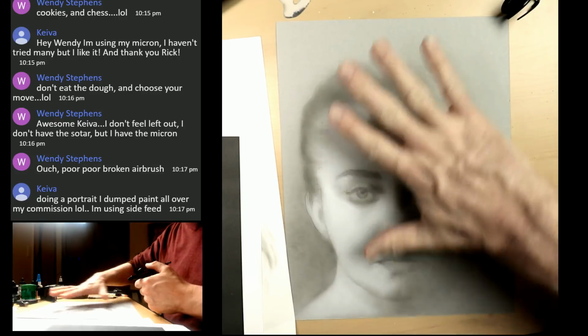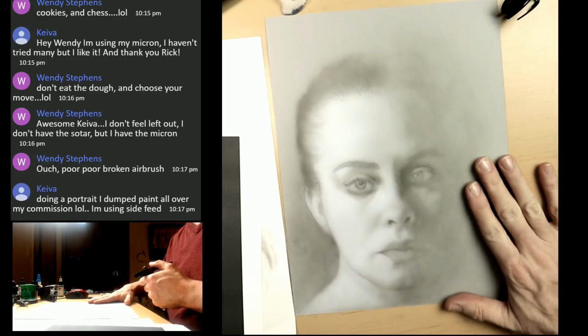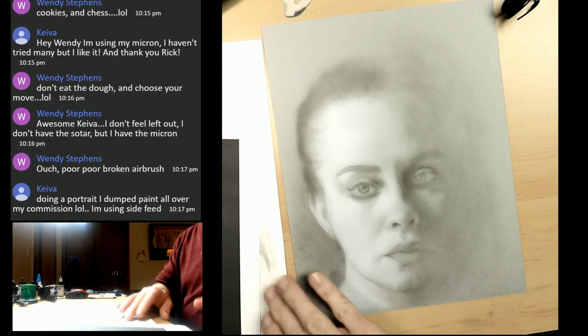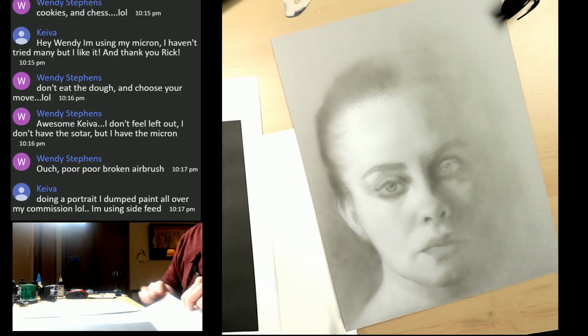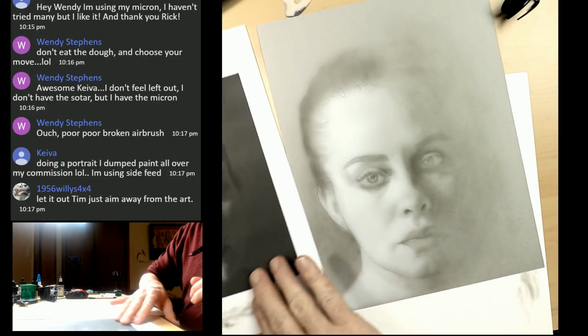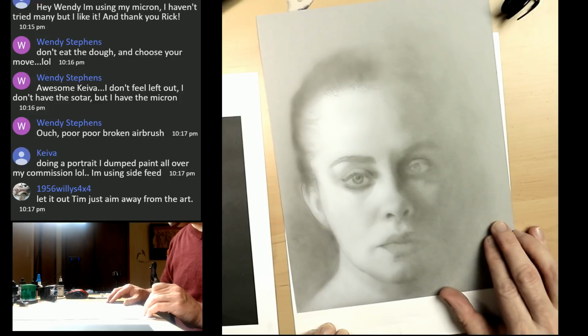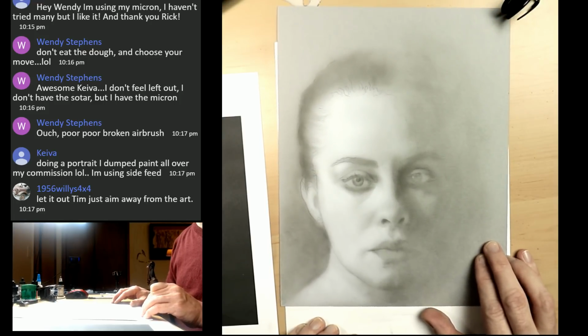And I want you to notice how I'm moving around, right? I'm not staying in one spot. That is very crucial, and I can't stress that enough, that you want to move around. And you also want to save your table. So if I'm doing the bottom, I'm always going to...